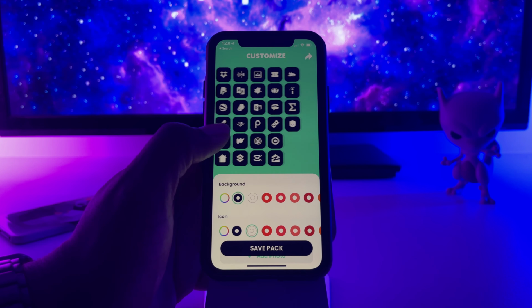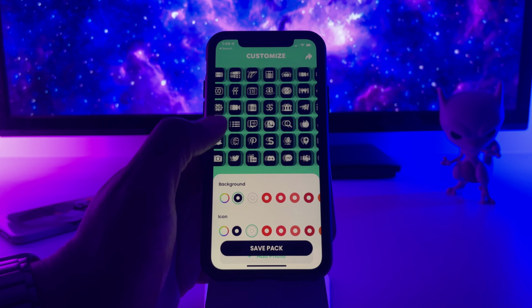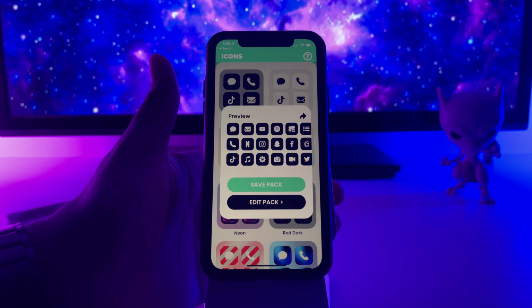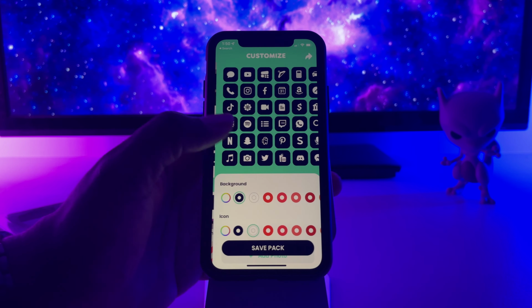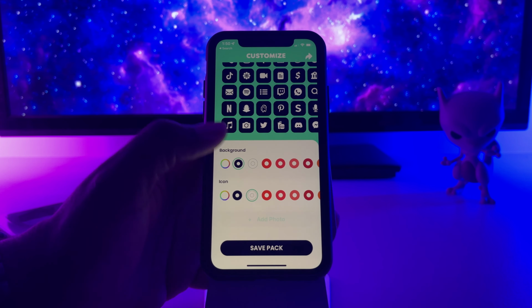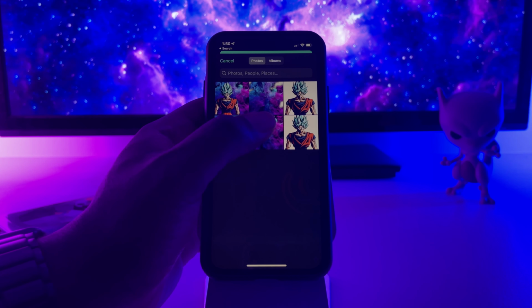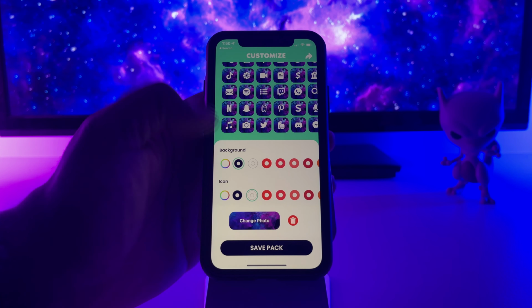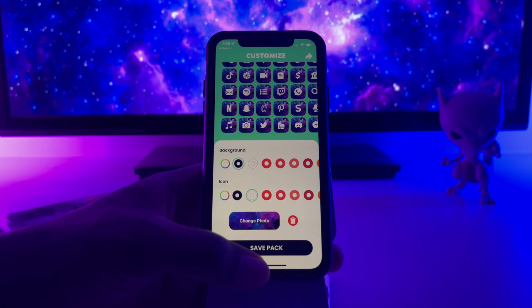So these are all the apps that they have in this app that you can use as a starting point, and just add a background to it, and then you'll be all set. So I'm going to hit edit pack, and I hit add a photo, and I'll choose that image again, choose, and there we go. So after you hit save pack,